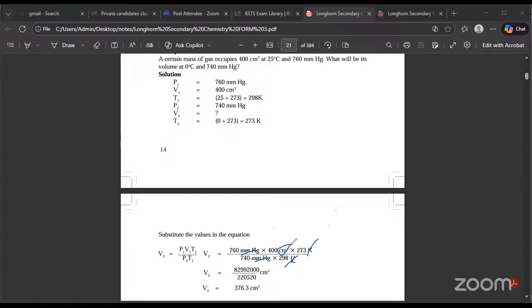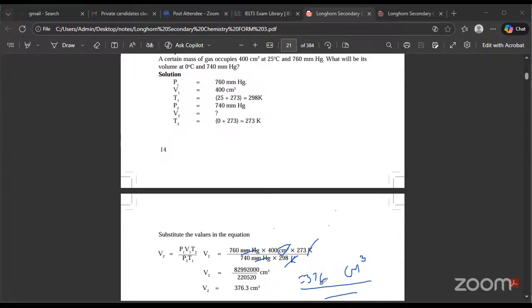Sometimes you're moving too fast, and you might forget what you're calculating. You come and write 376.3 Kelvin, which makes that answer now wrong. So don't cancel out the units that will remain. Write it as centimeters, write it first. The answer, that is how I normally write. The answer is centimeters is equal to centimeters cubed, and I leave it like that, then I write my